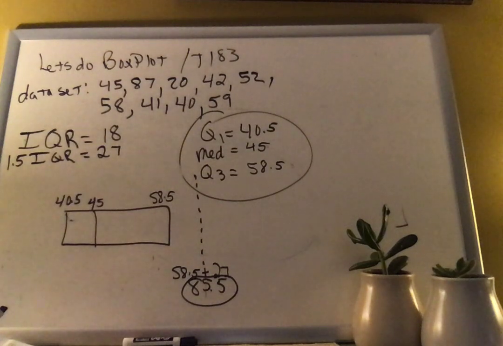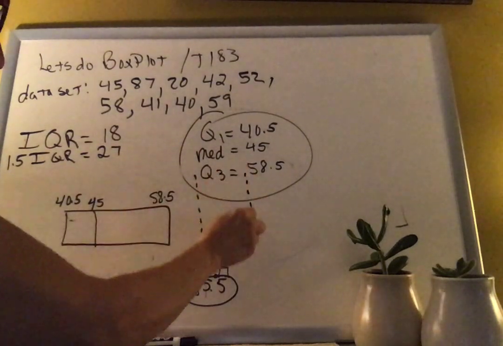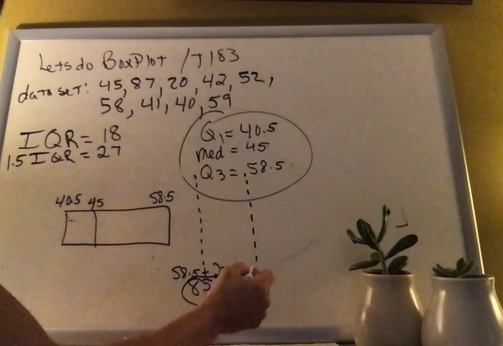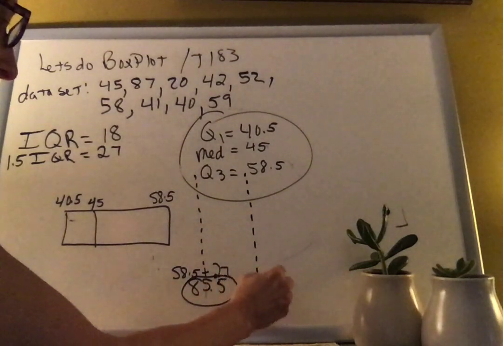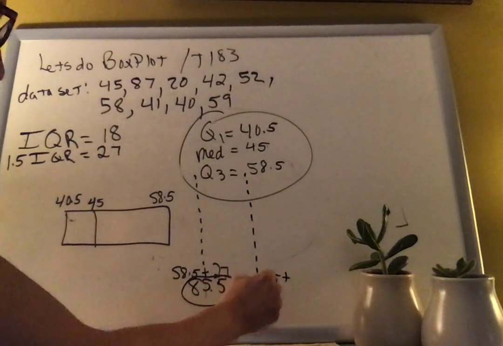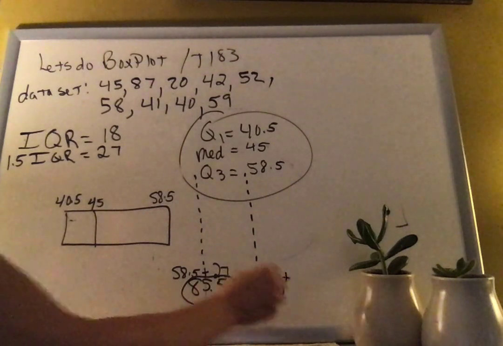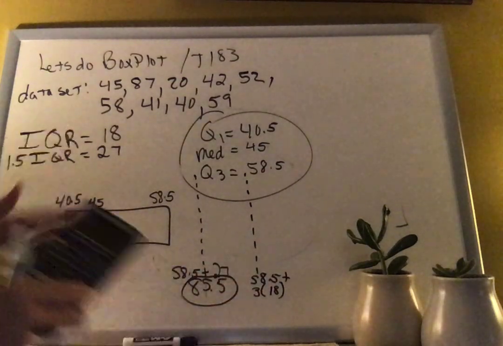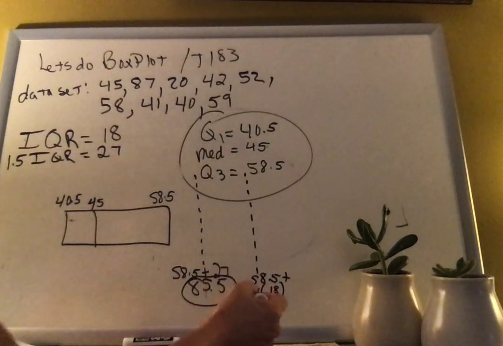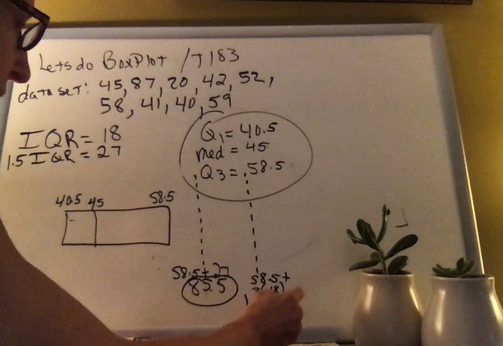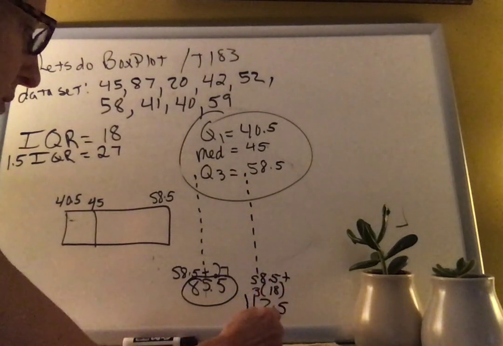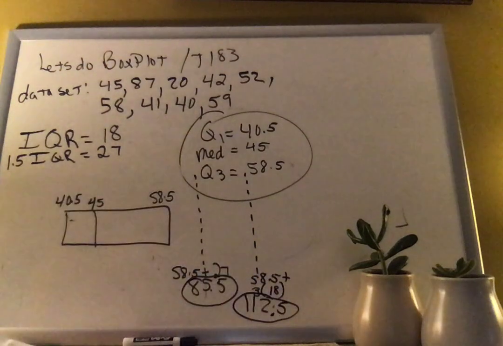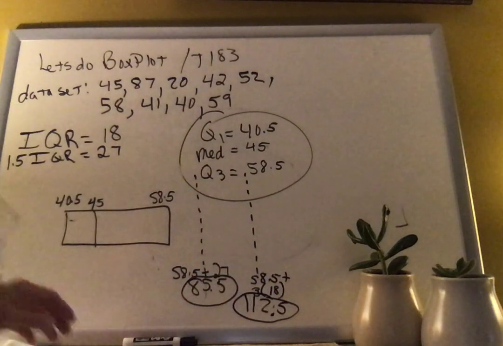Here's the problem. I know 87 is an outlier. I don't know what kind. Is it mild? Is it extreme? So I absolutely need the next fence. This is Q3 plus 3 IQR, which I've not calculated, so I need to go back to square one. 58.5 plus 3 times 18. That gives you 112.5. That does not look like a point. 112.5. Okay, now I know